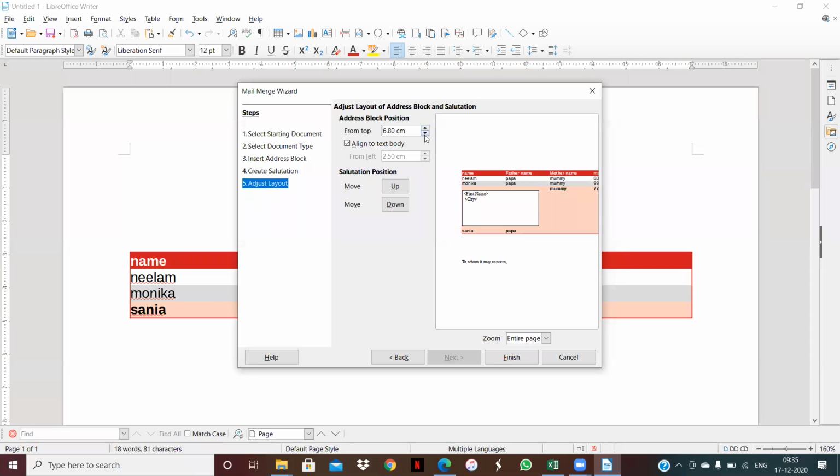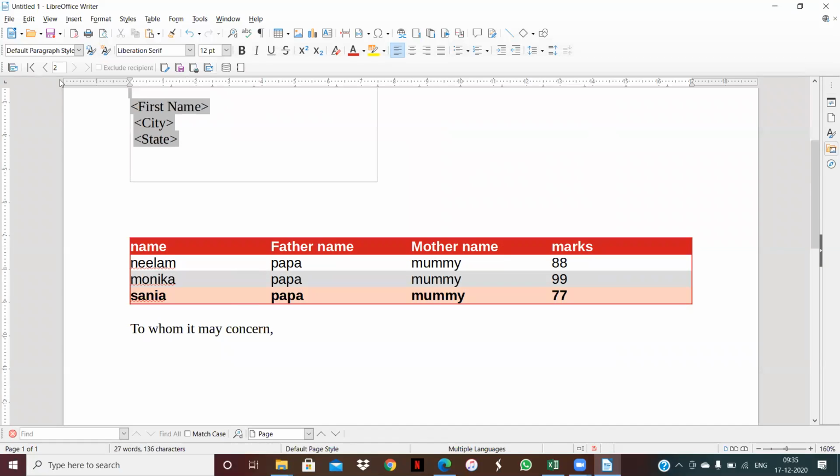Because we put our mouse cursor into a table, that's why it shows salutation within table. You can move your salutations like this, like this. Clear? In this way we want to set our data. And this one is a salutation to whom it may concern. You can also move that upward and downward. From address block, it shows the address block, this one block, and when you change the salutation, it will change the last line position. Now click on finish, and when you click on finish, it shows a mail merge wizard